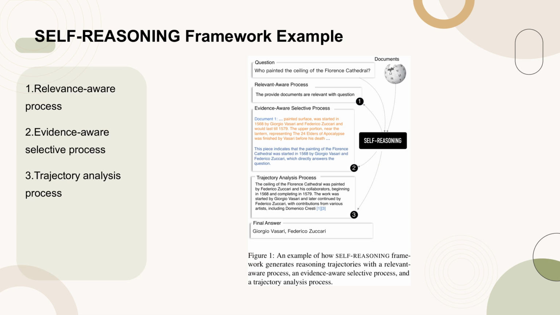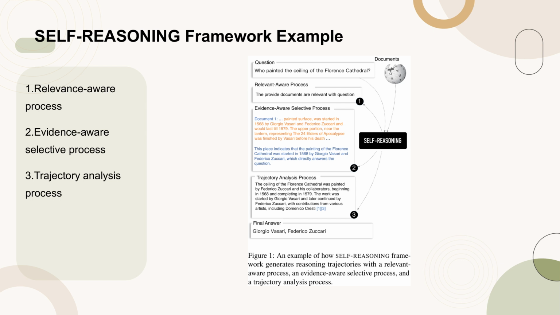Figure 1 illustrates the self-reasoning framework's process of generating reasoning trajectories. It involves 3 key processes: a relevance-aware process that identifies documents relevant to the question, an evidence-aware selective process that chooses pertinent information from these documents, and a trajectory analysis process that synthesizes this information to form a coherent answer. This framework aims to enhance the reliability and traceability of retrieval-augmented language models, RALMs, by leveraging the reasoning capabilities of